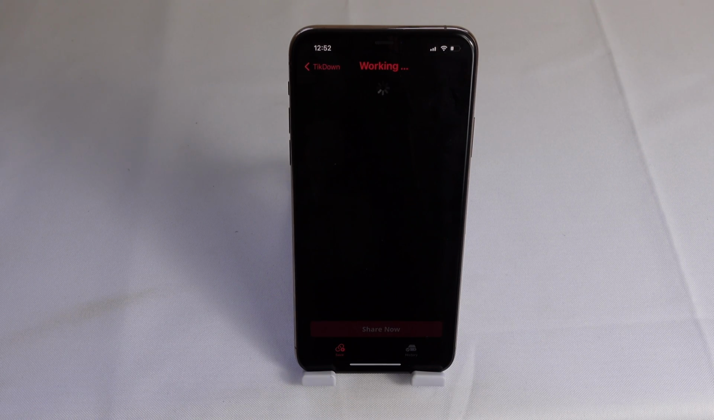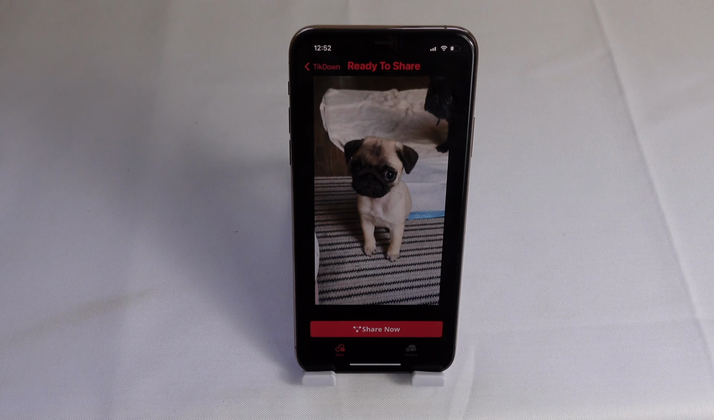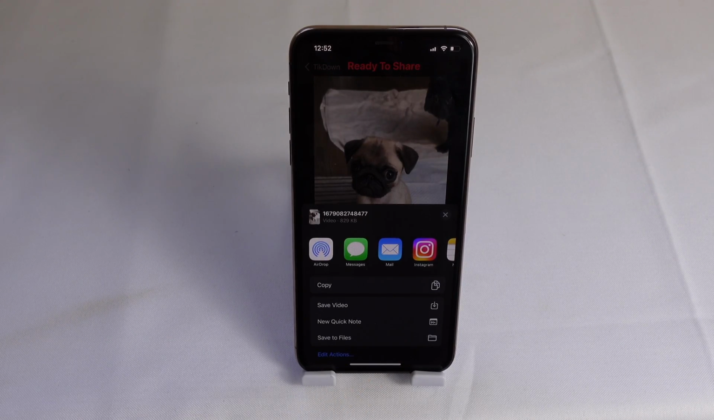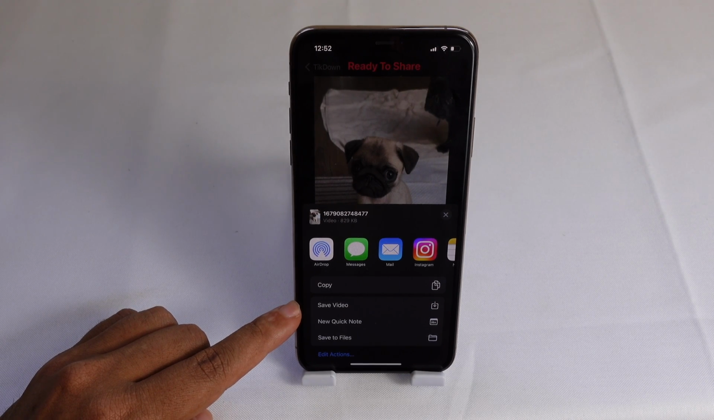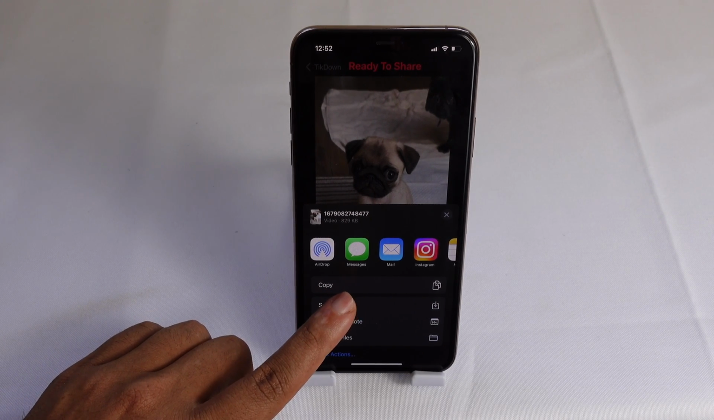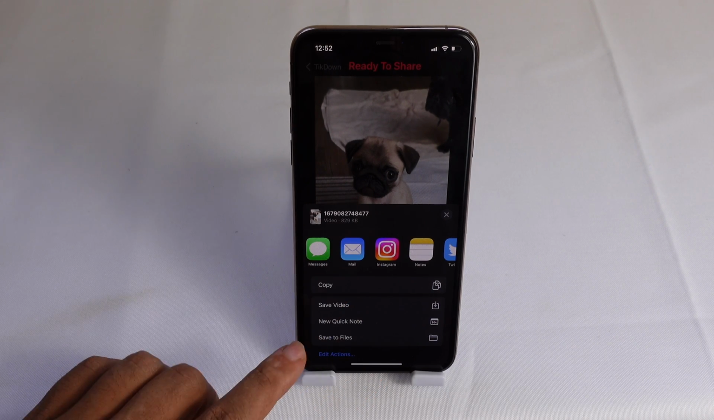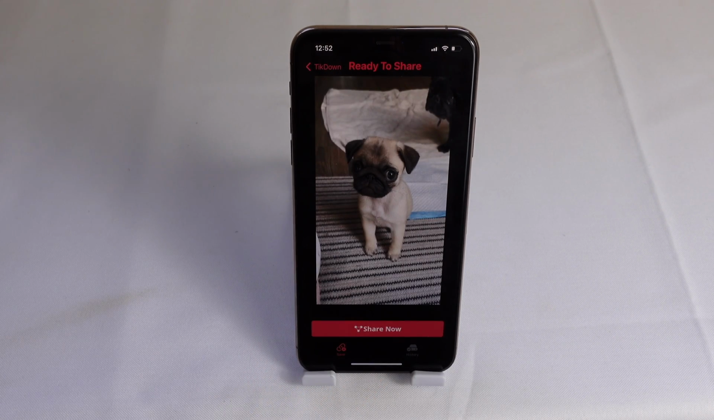It says it's working, it's currently downloading that video, and now I can hit the share now button and save this video locally to my phone by pressing the save button. I can message it to someone, I can go straight to Instagram, I can email it, put it in my notes. We're just going to hit the save video for now, and that will save it locally in my photo